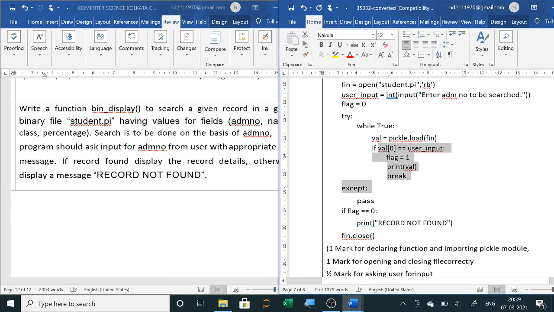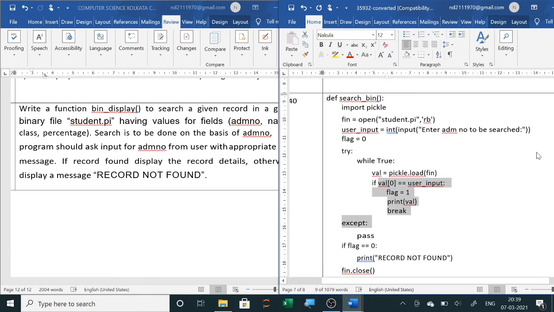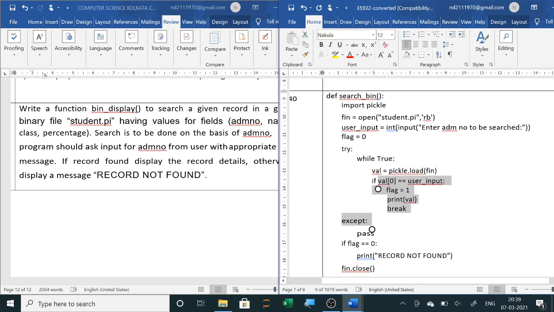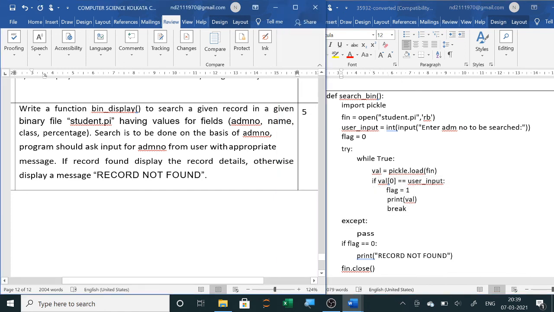So this is your binary file, in which you have to write the name of the function which is given here. Here it is given bin display. So you will write def bin display only. And then import pickle, and you will open the file in RB mode. Then you will ask the user which value to search. So here you can use any identifier, and flag equals 0.